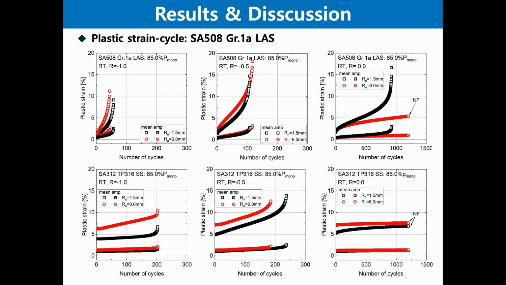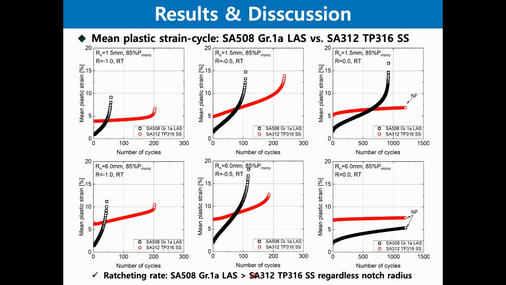Examining the maximum normalized displacement of initial cycles as a function of notch radius, normalized by monotonic displacement, shows that initial deformation is larger where the ratcheting rate is faster. To understand the difference between the materials, the mean plastic strain for each cycle was compared by material. As shown in the figures, roller steel shows faster ratcheting rates than stainless steel, regardless of the notch radius and